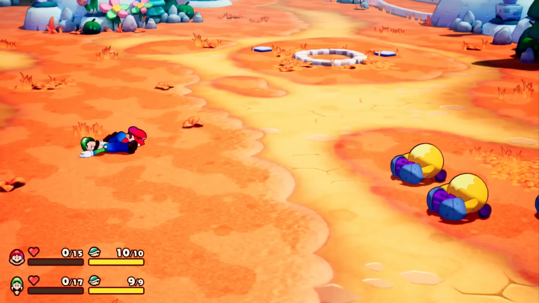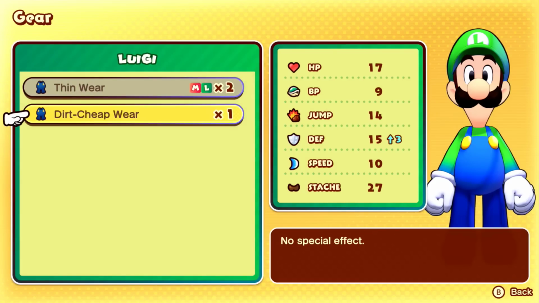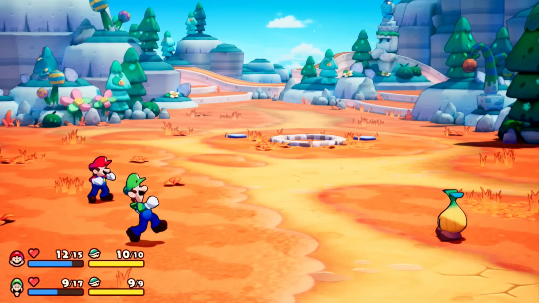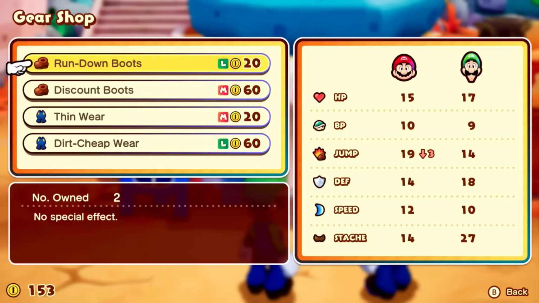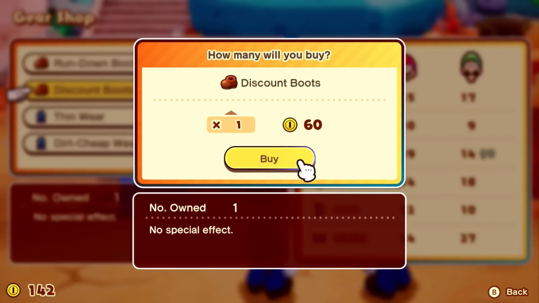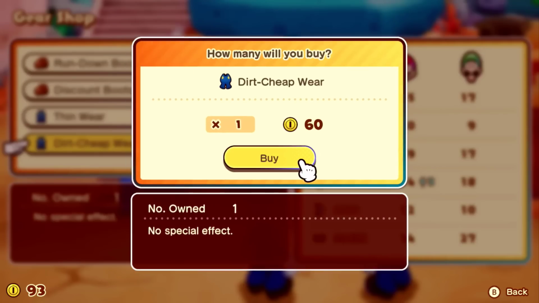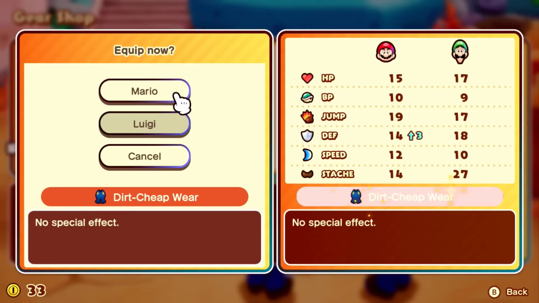enough where 3 guard arms were a relatively easy fight, and 4 can't be done with our current gear. Fortunately, we get 1 dirt cheap wear for free, which gives 3 extra defense. But remember that cruel and unusual thing from like 30 seconds ago? Yeah. We can buy more dirt cheap wear and discount boots to increase our damage. Ha, just kidding. It's so easy to lie. To increase our chance of dealing 3 damage, so we can more consistently get rid of a guard arm with